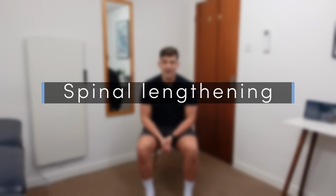The third exercise we're going to do to reverse height loss with age is called the spinal lengthening chin tuck. And this is a great postural exercise to help you sit better, but also to hopefully regain a couple of millimeters in height too. So this exercise is very, very simple. Again, we do it from a sitting position. You're going to start off with a good posture, nice and relaxed, with your chest out and your shoulders back